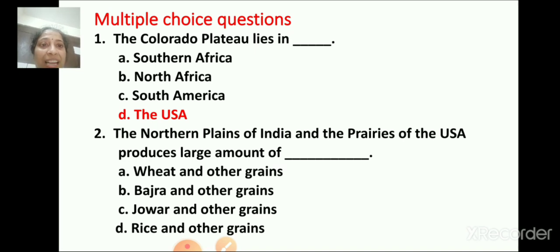Next one, the northern plains of India and the prairies of the USA produce large amount of dash. The options are wheat and other grains, bajra and other grains, jowar and other grains, rice and other grains. What is the correct answer? You know. Yes, wheat and other grains.